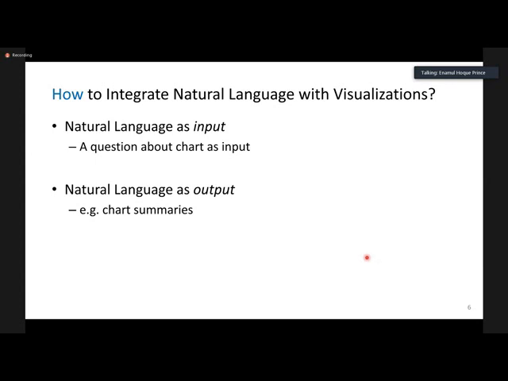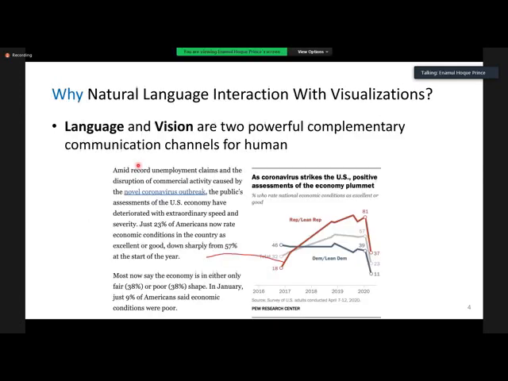In that case, natural language is acting as an input. Another way could be to use natural language as output, which is what we just showed over here. In this case, we are showing natural language as output, which can help people understand what's going on in the visualization.